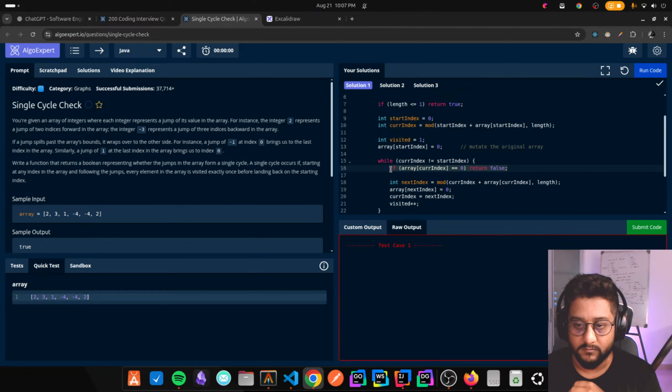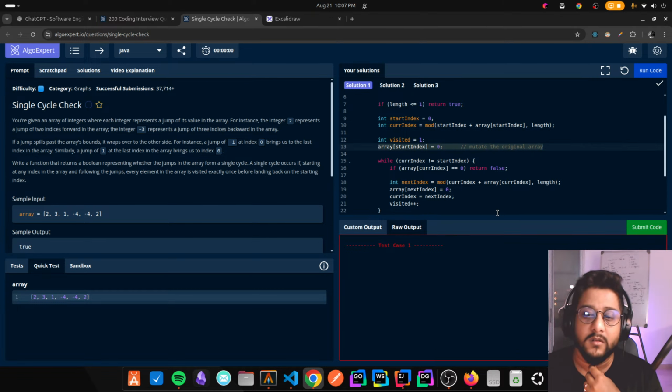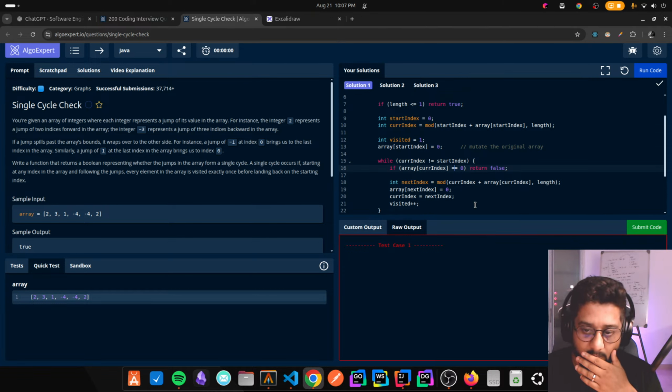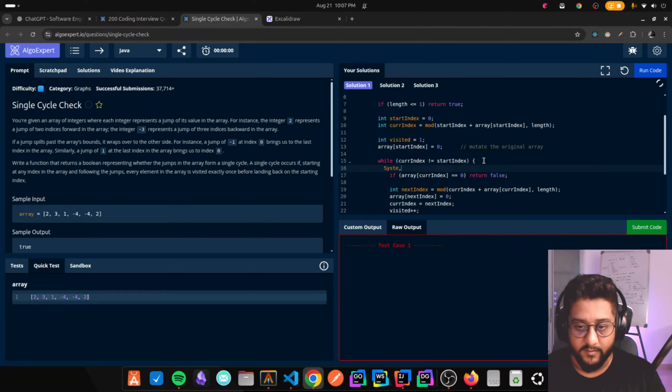Okay. Start index is 0. You say this thing in here, and you just do that. So current index is not 0. System.out.printf. Index is this, value is